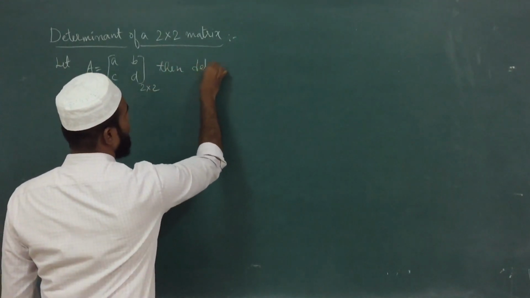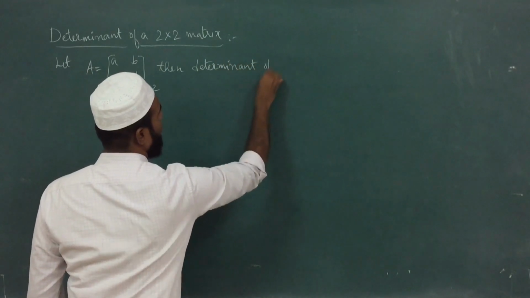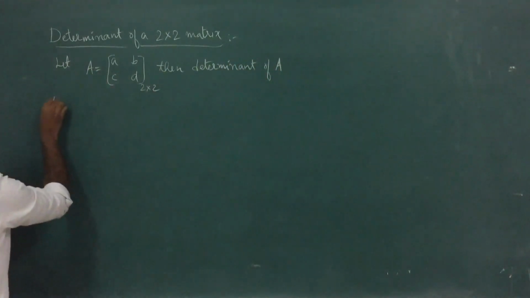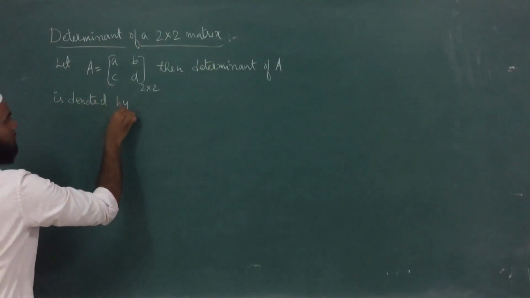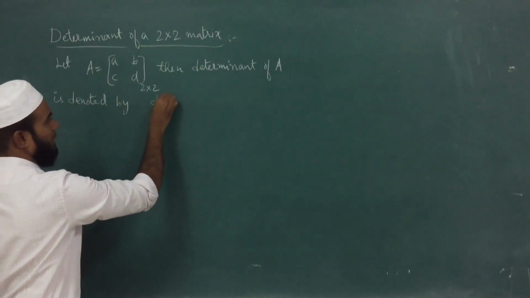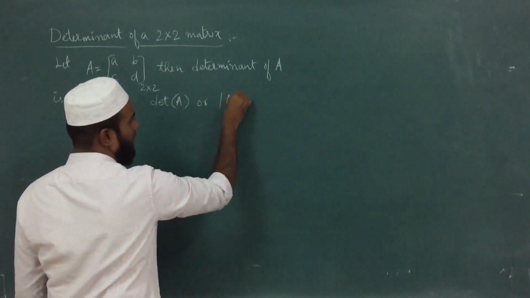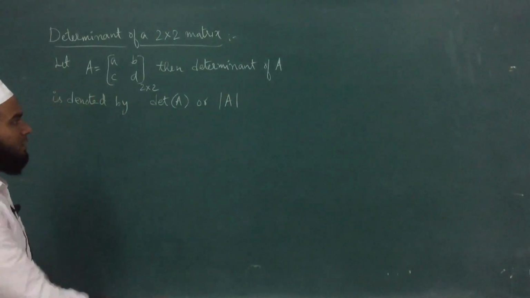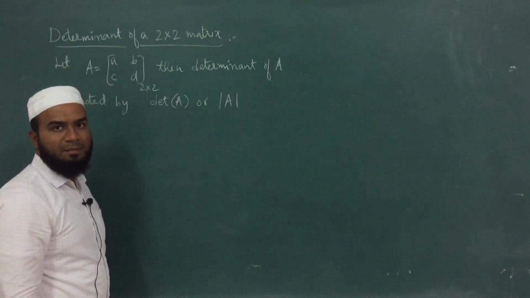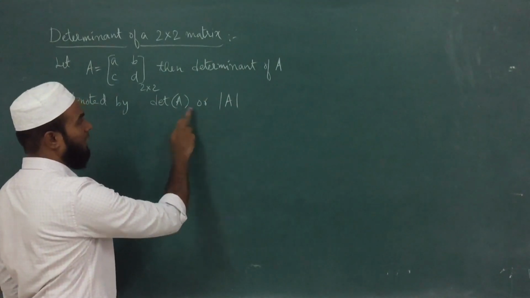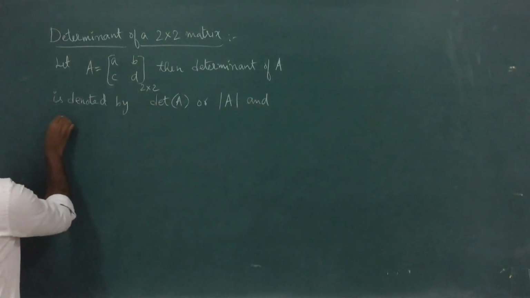Then the determinant of A is denoted by det of A or determinant of A. So this is read as determinant of A. Mod A is nothing but, A is a matrix, so it is read as determinant of A or det of A, and is defined as